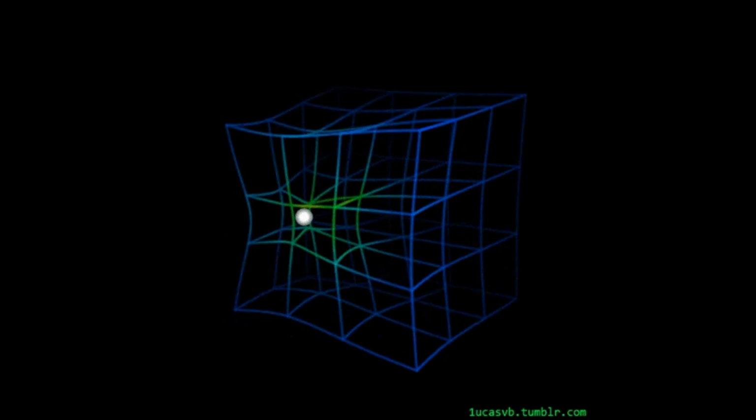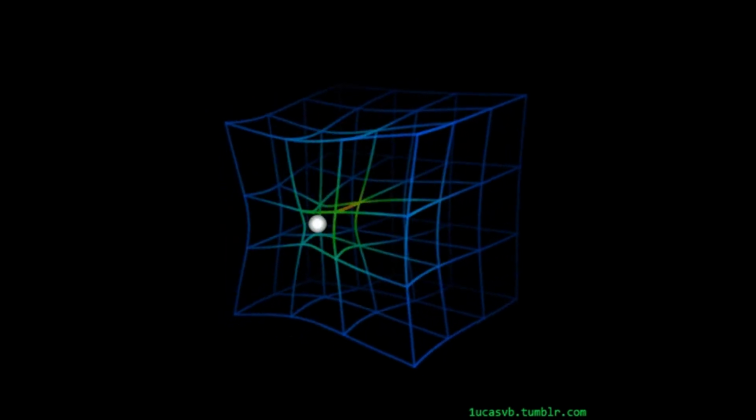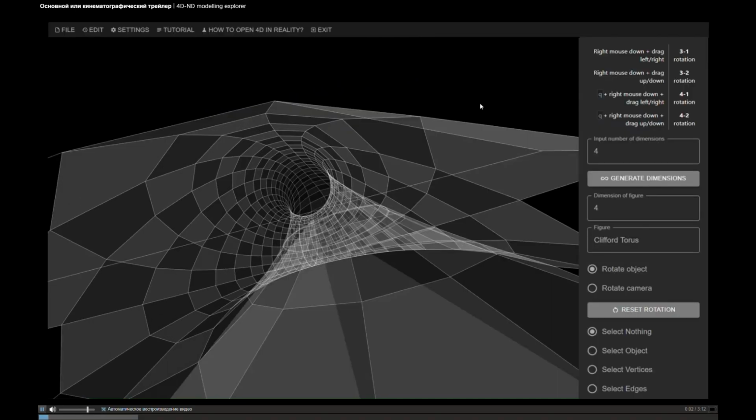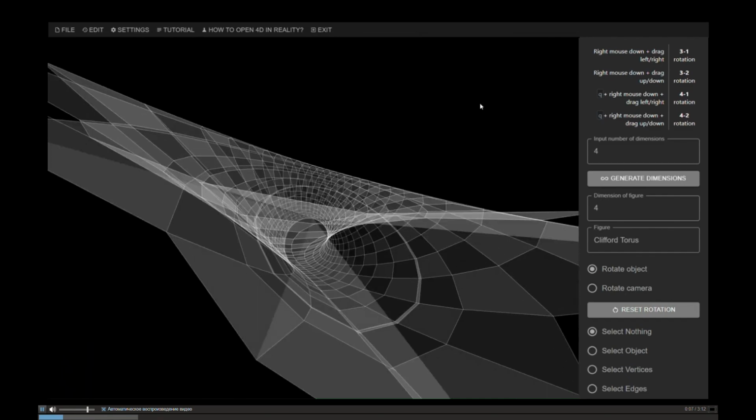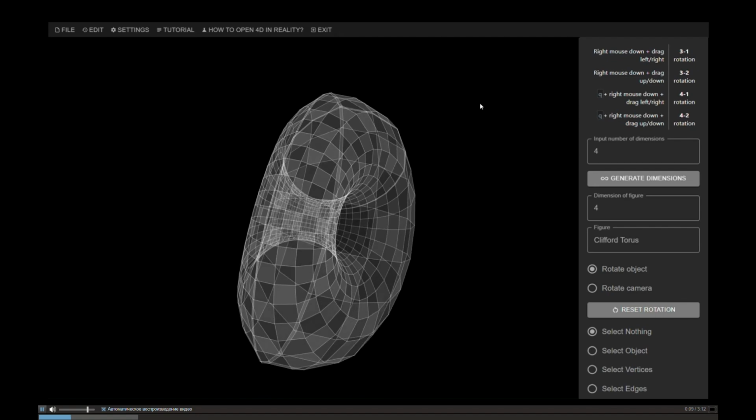There are two different concepts of the fourth dimension. One of them is the four-dimensional spacetime of Minkowski. In this concept, time acts as the fourth dimension. But in this video we will talk about a completely different concept of the fourth dimension, about geometric four-dimensional Euclidean